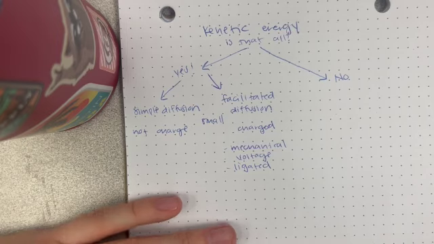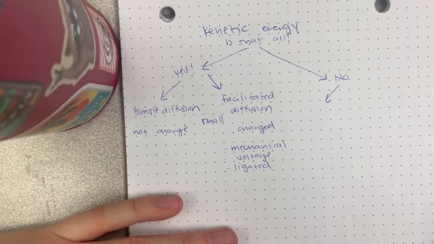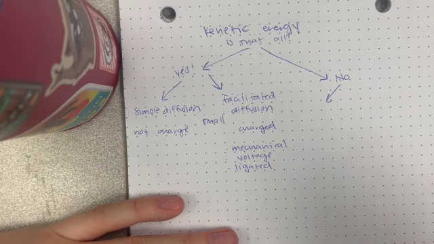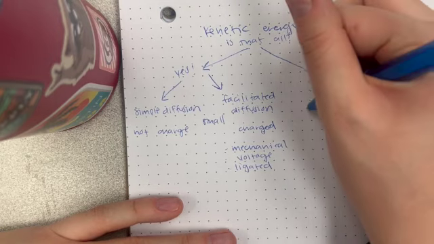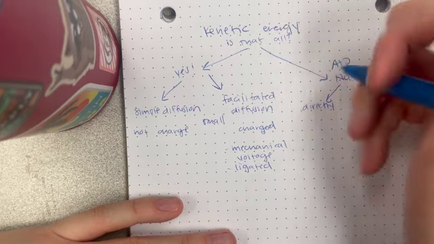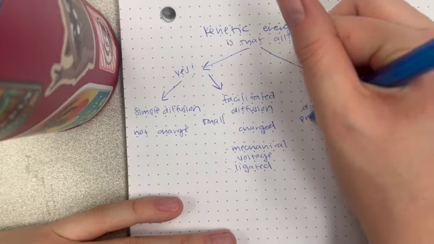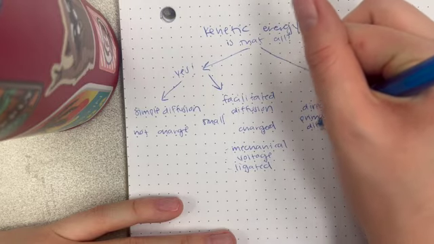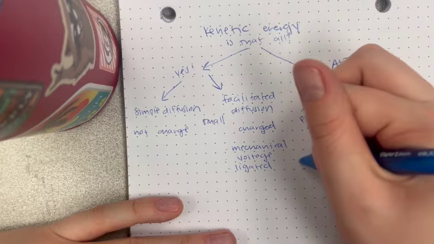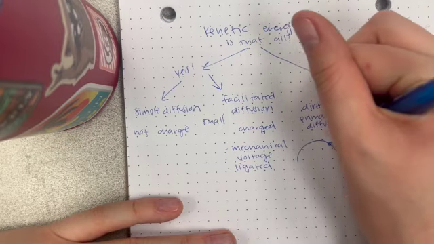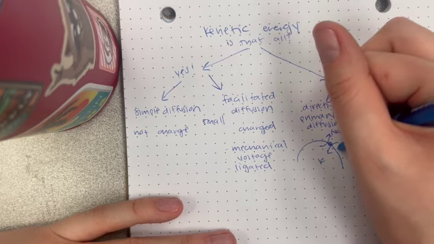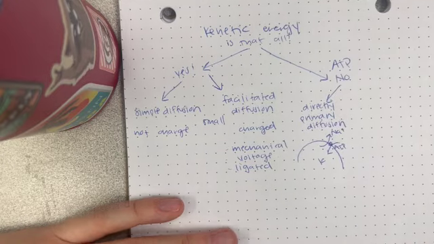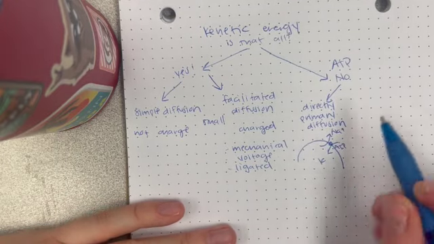then there are going to be two different types of this. And to differentiate between the two, the next question we can ask ourselves is, are we using the energy directly or indirectly? And the energy we're talking about is ATP here. So if we're using it directly, we're talking about primary diffusion. And this, I'm going to draw a really simple picture here. This is going to be our sodium-potassium pump, because this pump needs to be using ATP, and the ATP is directly in contact with this pump,